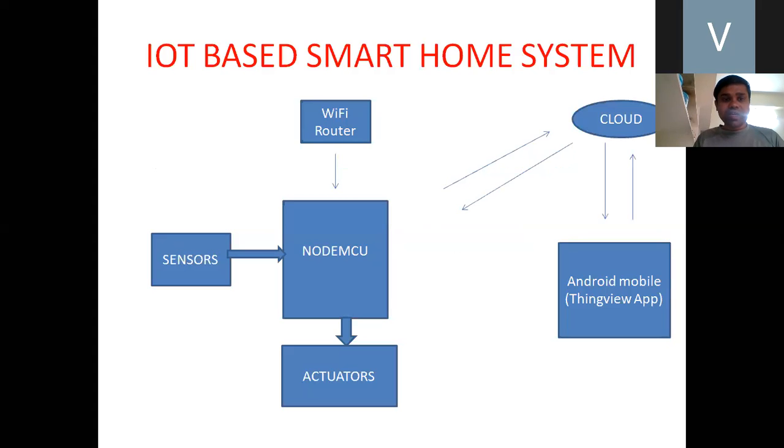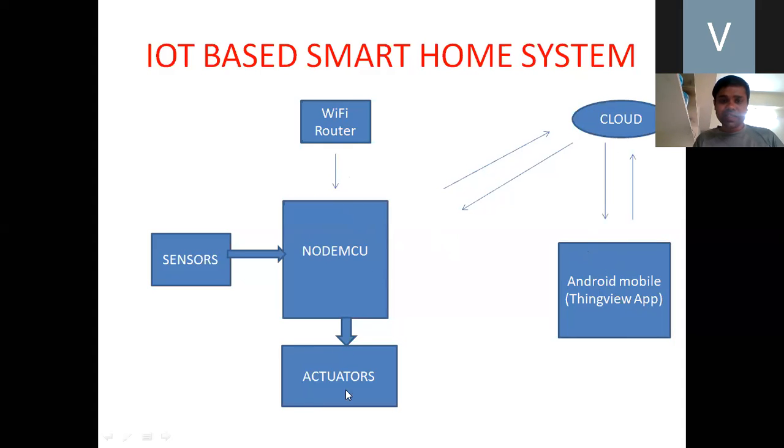We have connected these sensors to the NodeMCU. NodeMCU will read the data and process the data, and it will send the data to the cloud, obtaining Wi-Fi from the nearest router. In ThingSpeak, we want to store the data, analyze the data, and react to the data. At the user side, we are using the mobile ThingView app. Using the ThingView app, we can read the data from the cloud, or we can send data to the cloud using another app, the ThingSpeak app.